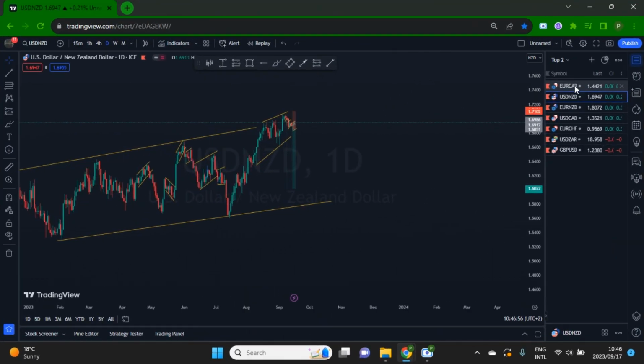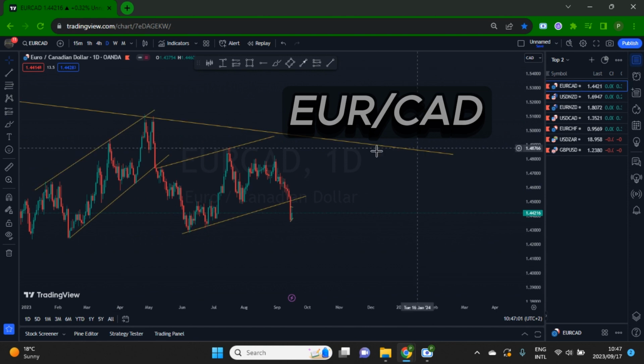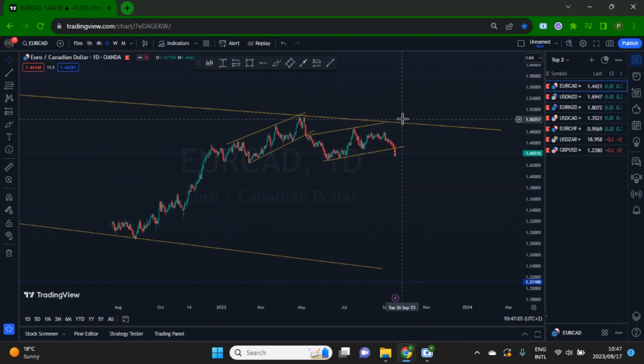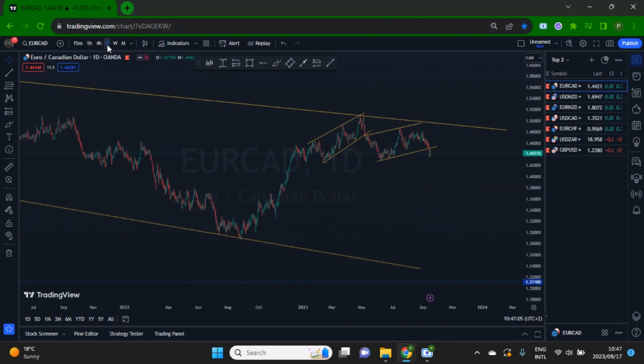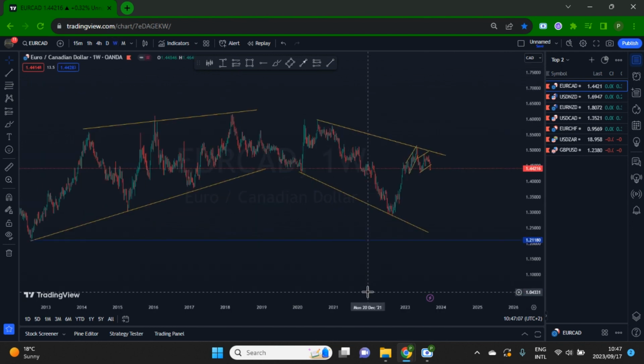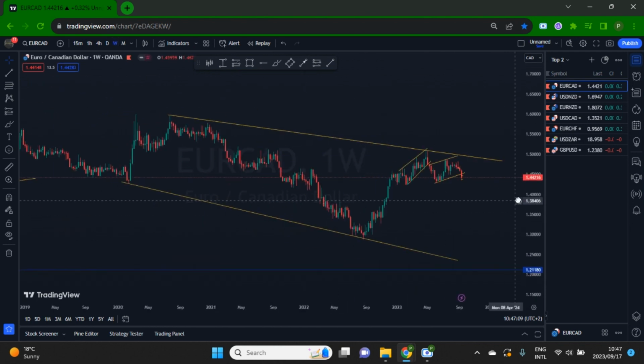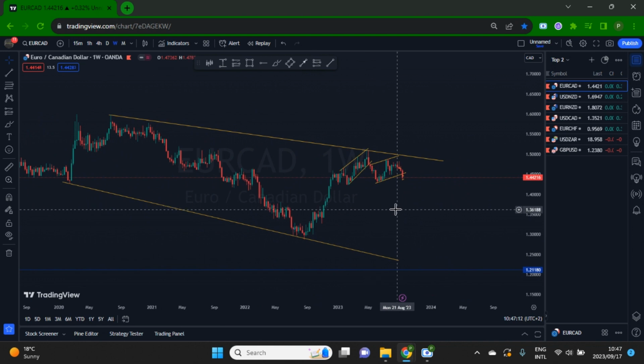So first, let me start with the EuroCAD. Yes, let me go from EuroCAD going downwards. So EuroCAD, this is what we have. Let's go to the weekly time frame. This is really clean and straightforward, right? We've had our first touch, our second touch, and then